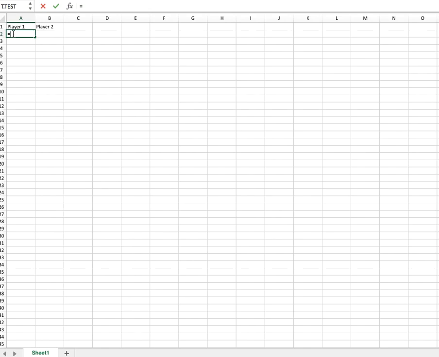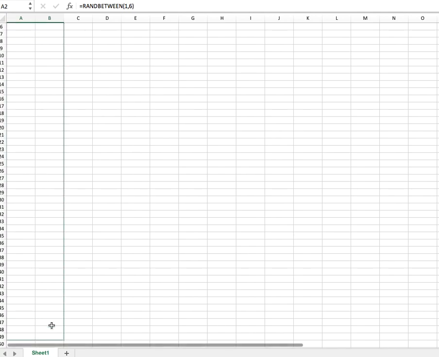And the equal sign is used in Excel to activate a formula. So I've got RANDBETWEEN. I want to simulate the rolling of the six-sided dice, so 1 to 6. And I'll put the same command in the column for player 2. And then just to simulate the 50 rolls, I will scroll down to row